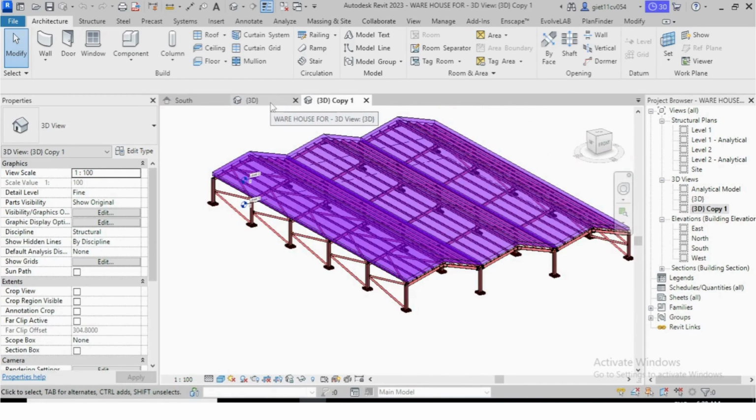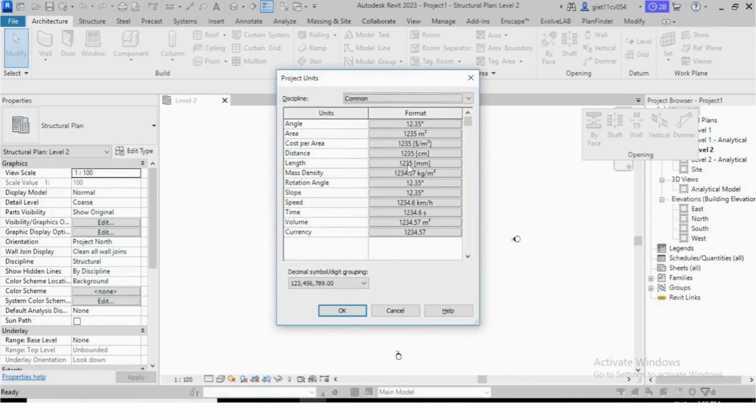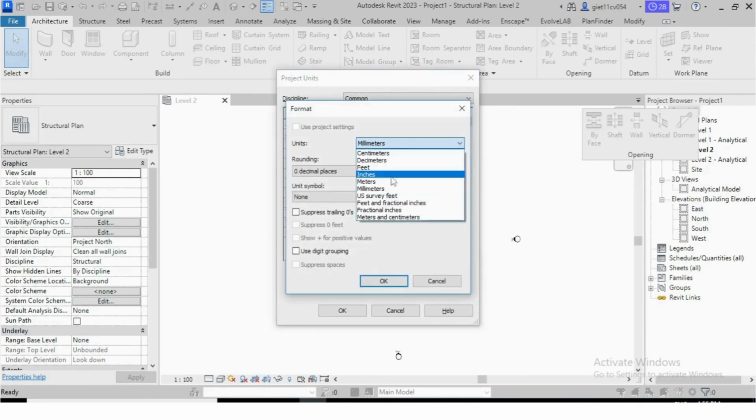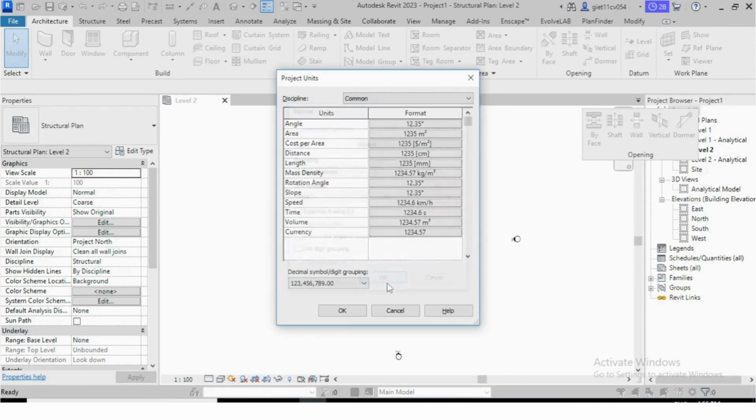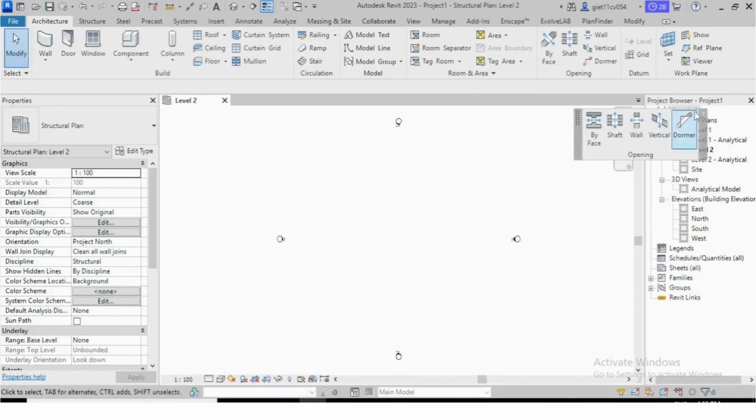Let's start. First we have to set the unit. You can use the shortcut key UN and make this unit. Suppose I want it in meter. Then go to level 1